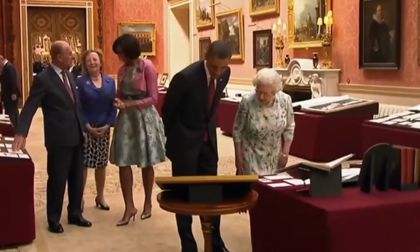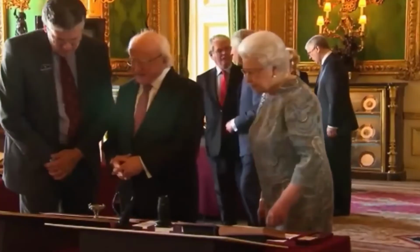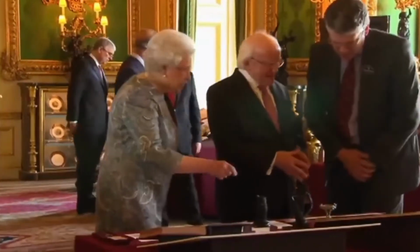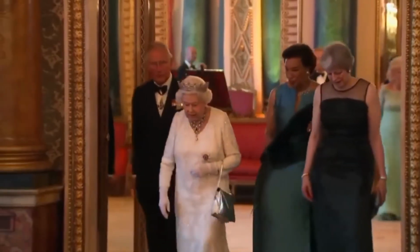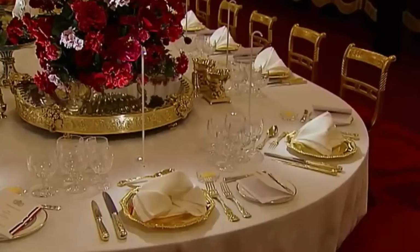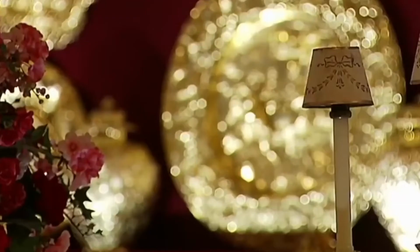And the Queen, apparently, she herself is very up on the artifacts around the paintings at Windsor. She, after dinner, will often take visitors on a tour, telling them exactly what they're looking at. A state visitor is not only shown the treasures of the collection, but they'll also get to eat from one of its finest items. A state banquet is a glittering occasion, and a lot of that is due to the incredible